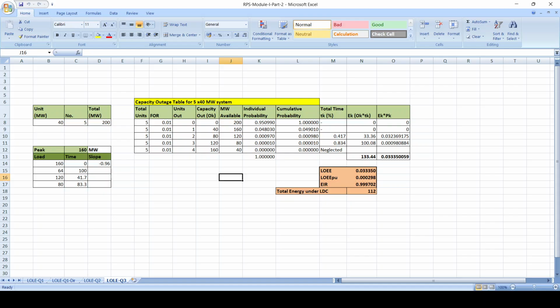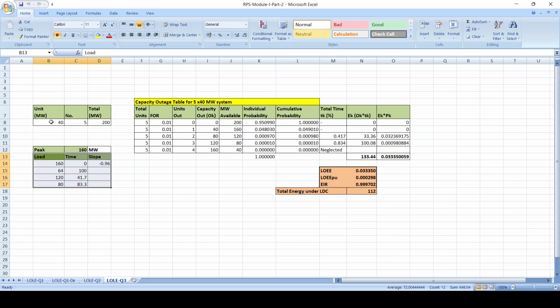So if you can see here, this is LOEE. So we have got 5 units of 40 megawatt, as you can see here, 40 into 5, 200 megawatts. The peak load here is 160 megawatt. And this particular part is to know